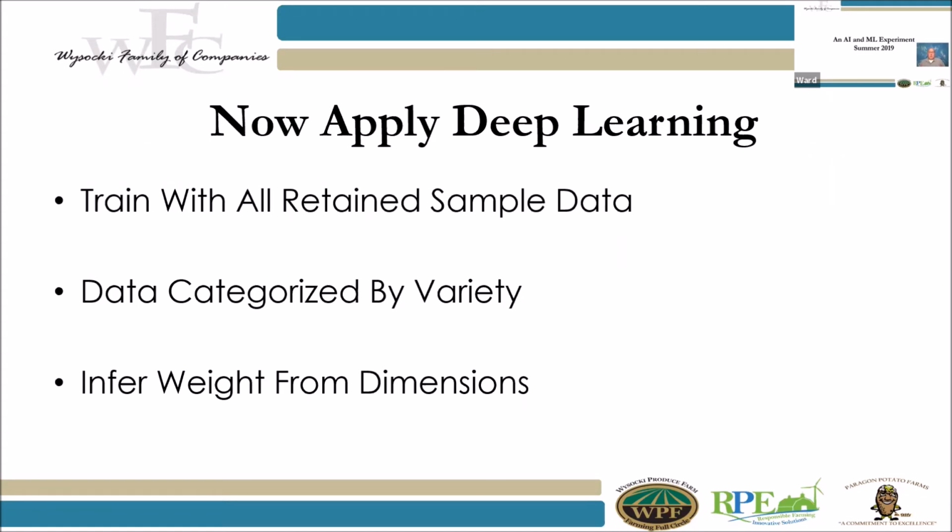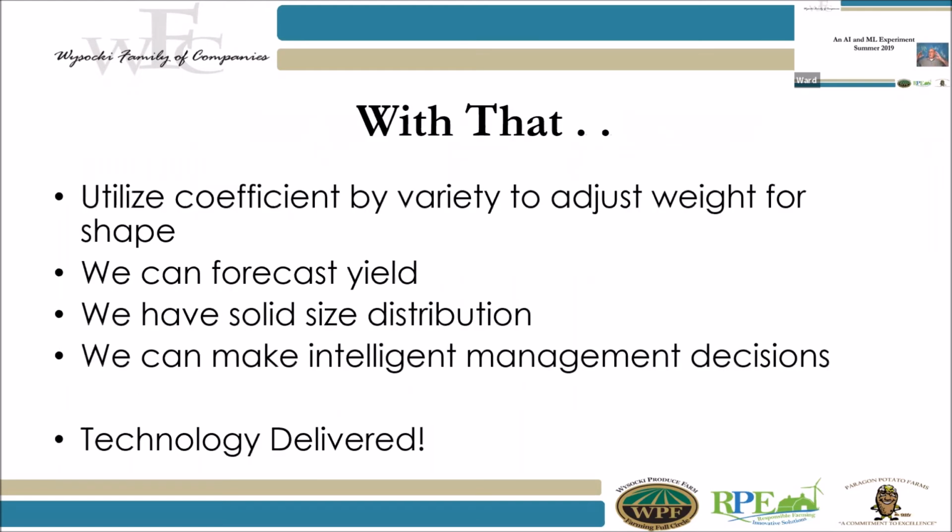So the problem was, if you remember in the picture, we had to draw boxes around, and boxes have greater volume than cylinders, if you will. So we had to add a coefficient by variety to adjust for the weight shape. And when we added that coefficient by variety, one of the things that allowed us to do was say, okay, this particular variety has more curves, so we're going to calculate the actual cubic size, but then we're going to reduce it by 15% because of this variety.